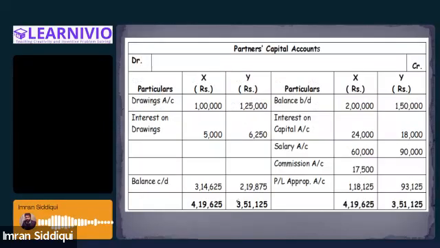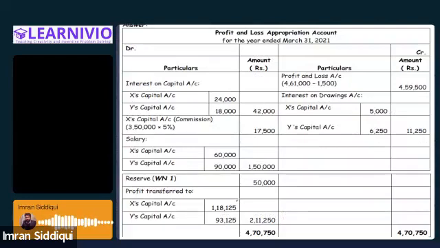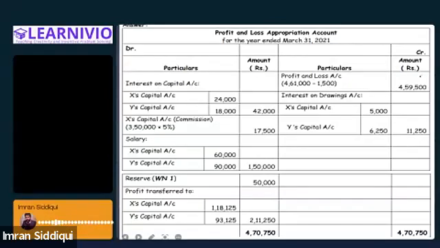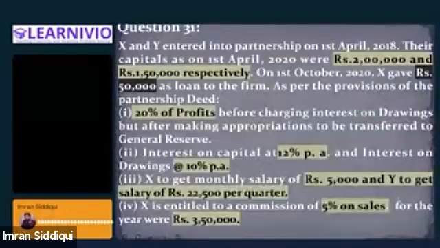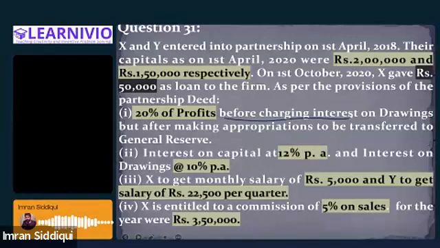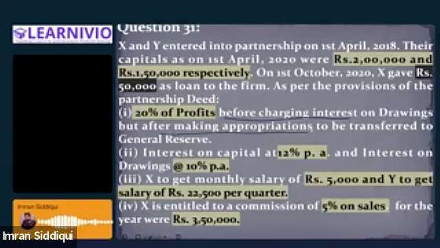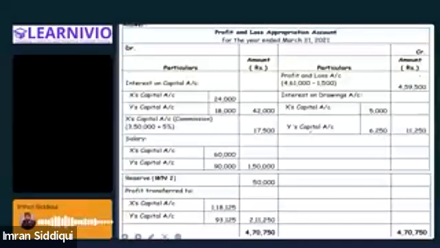So the total of the credit side is no, out of... okay. So see, it says 20% of the profit before charging interest on drawing, right? But after making all other appropriation is to be transferred to reserve. So what we'll do, that means this profit